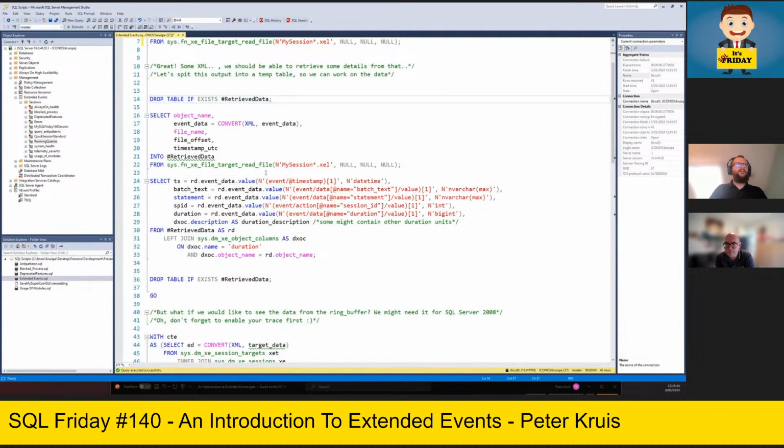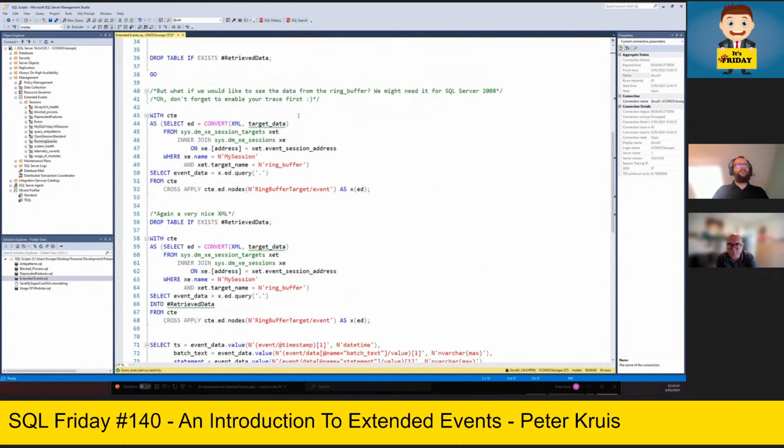The second one is the option to read it from the buffer. I'm not sure if it is going to work like my normally running queries. Oh.